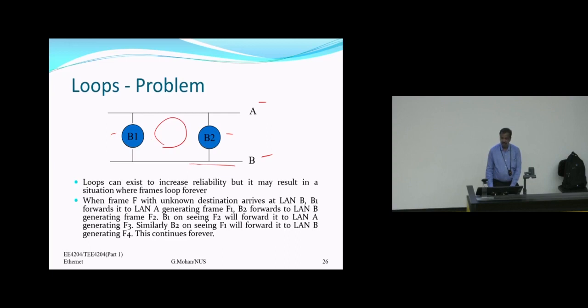So if we have a loop in a network, there is a potential problem. But before that, why should there be a loop? Why do I need 2 bridges? Just one bridge should be okay, right? We can have either B1 or B2. We want to connect A and B, right? We don't need both. But there are multiple reasons why we end up with this loop. One is to increase the reliability. That means if the switch becomes faulty or a port becomes faulty or it's switched off or something, still A and B are connected by another switch